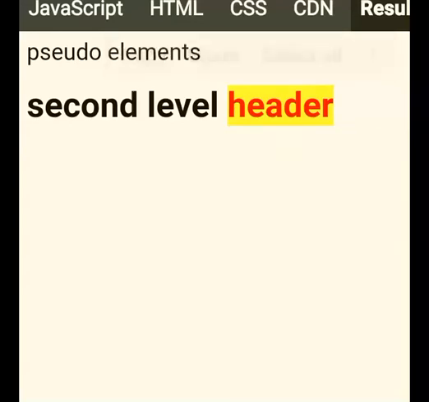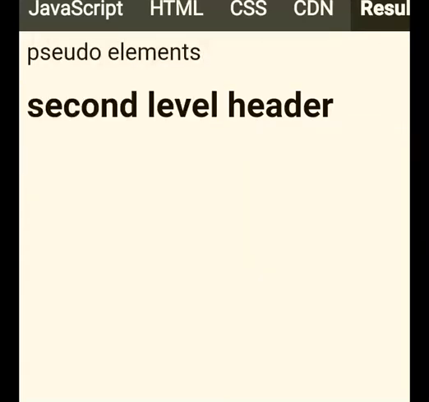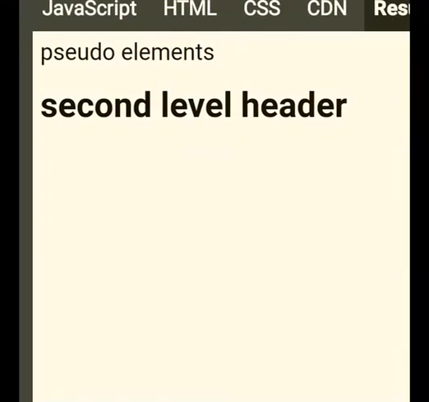Header, or you can drag here. Like I'm a user, this time I dragged it all over the second level, so even that one is getting affected. So it could be anywhere, as you've seen. It could be the whole thing as well.